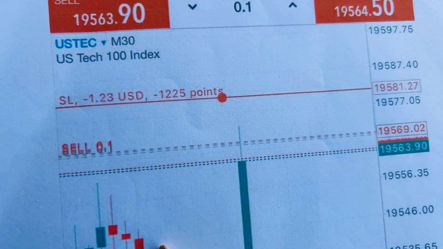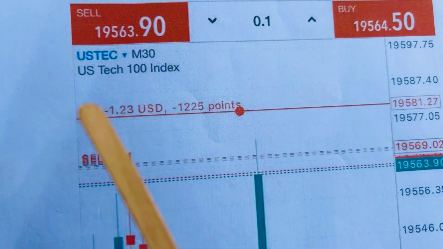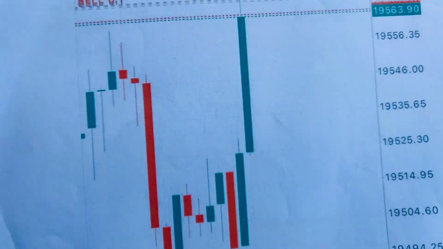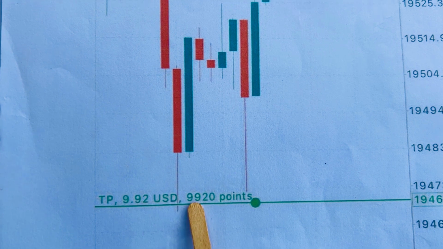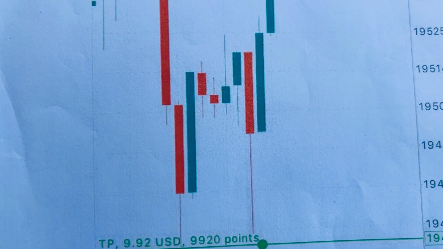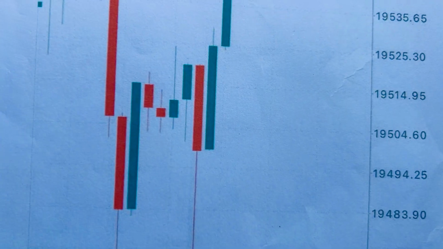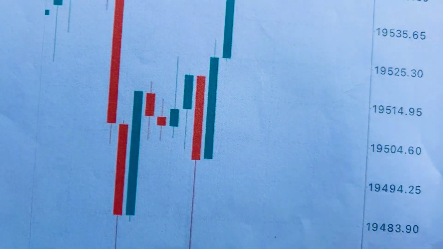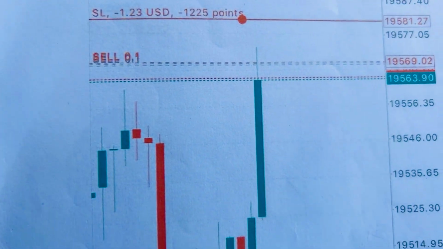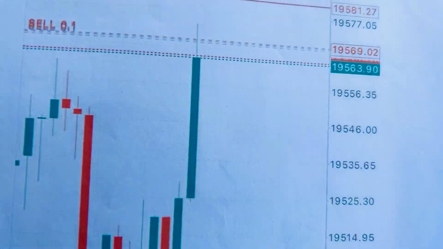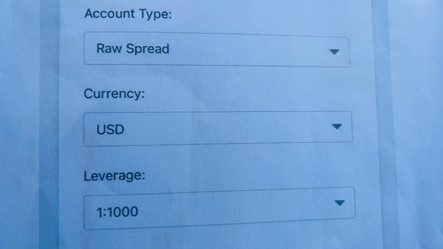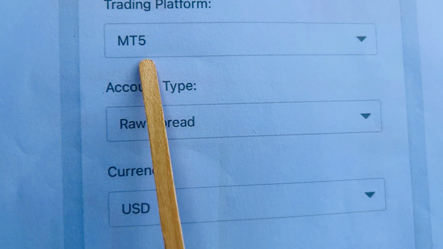So meaning that when we actually use a lot size, we also use a stop loss and a take profit to automatically have our trade close without us doing much of a work, though we can do it manually without any issue. So the basics, whenever we try to actually start forex trading, we have to choose an account,